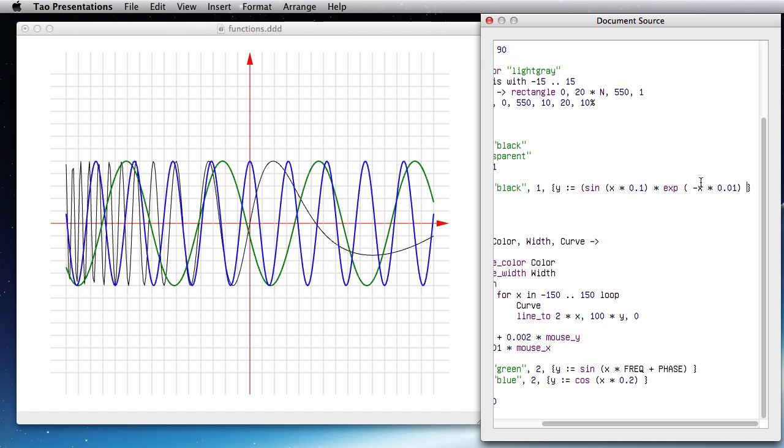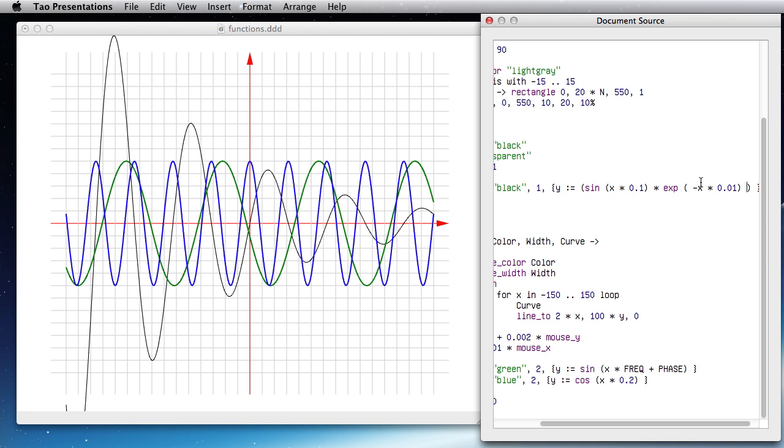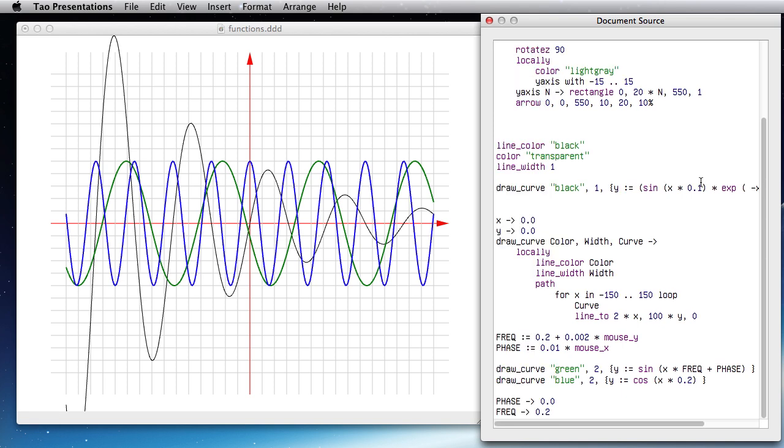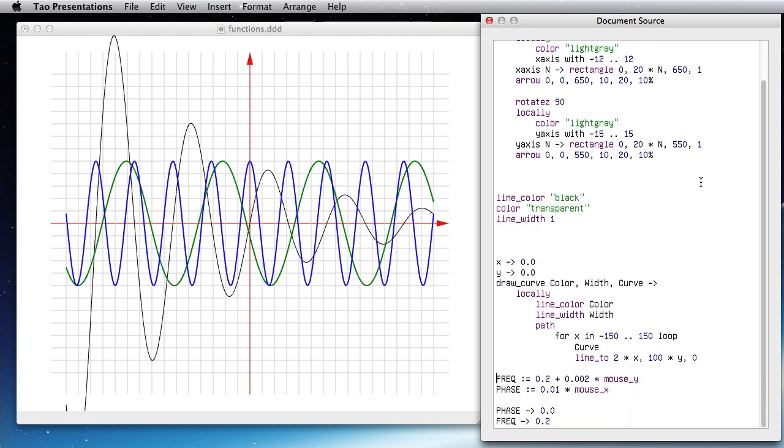Okay, let's see. I think that's the issue. Okay, so now I'm drawing this curve and I'm going to take these 3 items and put that in a